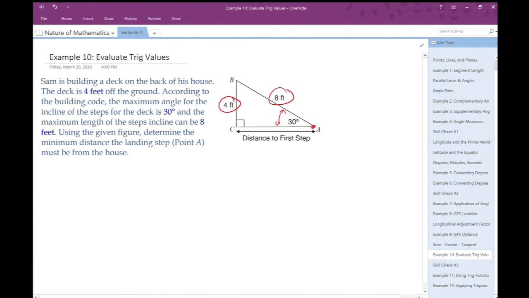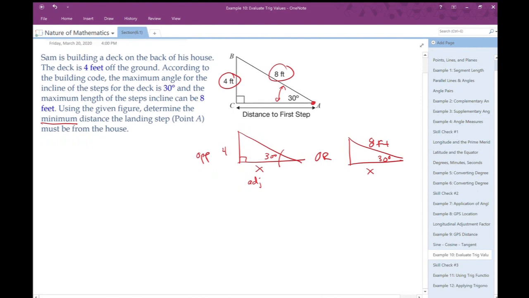So if we look at this, we can draw the triangle and say I can solve it either using these two sides, where the angle is adjacent with x and opposite of 4, or, again we need to solve for x, I can use the 8 feet. So I need to solve this problem twice and see which one's going to give me the better answer, because they're asking what's the minimum distance that I can use here. Alright, so